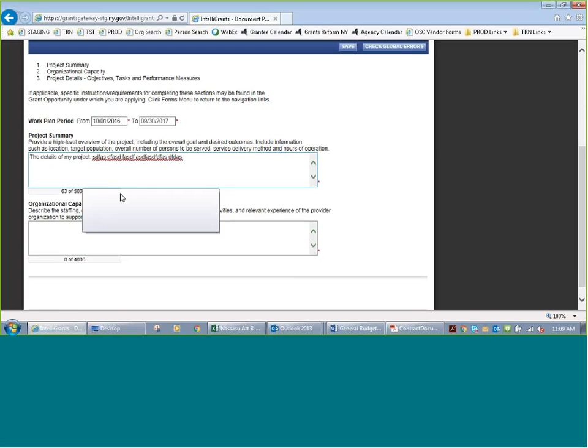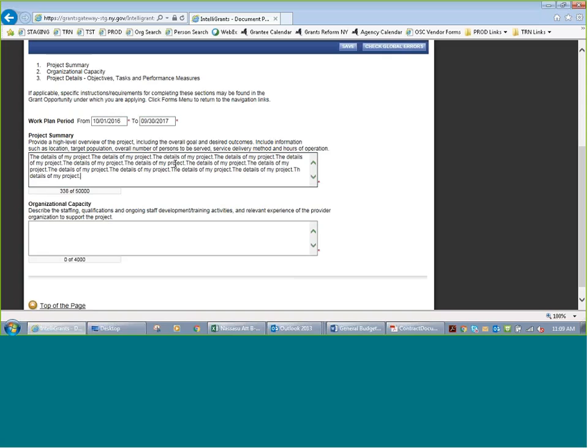It allows up to 50,000 characters here, but that's a lot of detail. So please don't give us that much. That's like 12 pages in Word. You don't need to do that much. You need to be concise and clear, and you need to include everything, but it doesn't have to be very verbose. So I'm just going to put in here a bunch of information, and let's say I've got a couple paragraphs